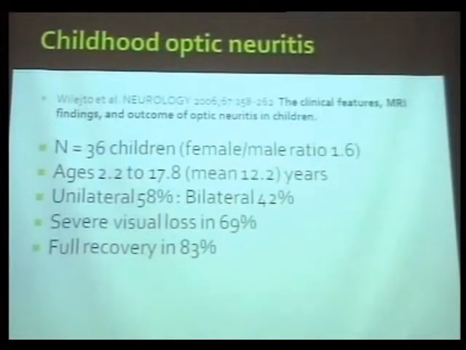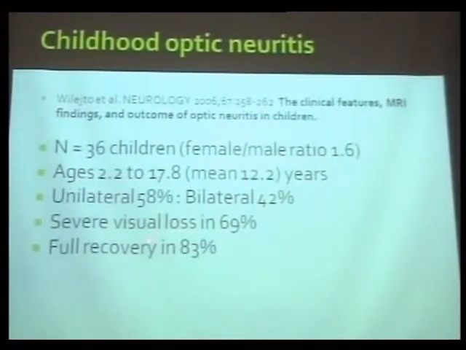So as Peter mentioned to you, unilateral optic neuritis is the typical adult optic neuritis, and bilateral normally prompts more aggressive evaluation in an adult. But in a child, it's kind of a relatively common finding. Severe vision loss, now perhaps that's ascertainment bias because an adult patient is going to come in at 20/40 because they can't read or they can't do their job, but a kid might let a 20/40 optic neuritis pass. And so even though there's clearly worse vision in childhood optic neuritis, that may be just because we only see the kids that are blind and we don't see the 20/40 optic neuritis in a 7-year-old who's not even complaining